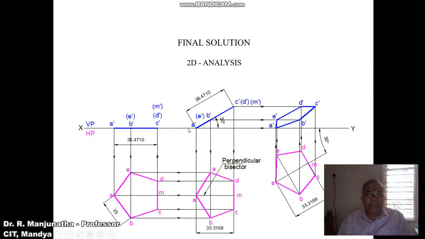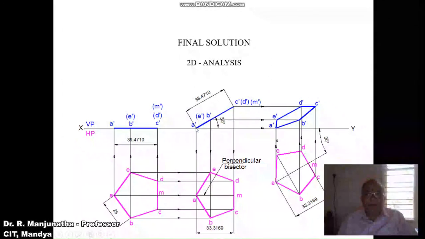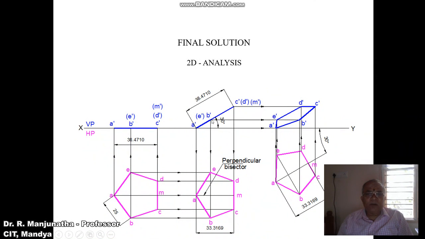As it says that one of the corners is resting on HP, take any convenient distance from the first position front view and mark this point as A dash. Using the protractor, measure an angle of 30 degrees with respect to the XY line and draw an inclined line. Then measure the distance from A dash to C dash in the first position front view and transfer it from A dash on the 30 degree line, and mark this point as C dash, D dash in bracket, and M dash in bracket. Then measure the distance from A dash to B dash and transfer it to the second position: with A dash as center, cut an arc on the 30 degree line and mark the point as B dash, and then D dash in bracket. Then join A dash to C dash with a dark line.